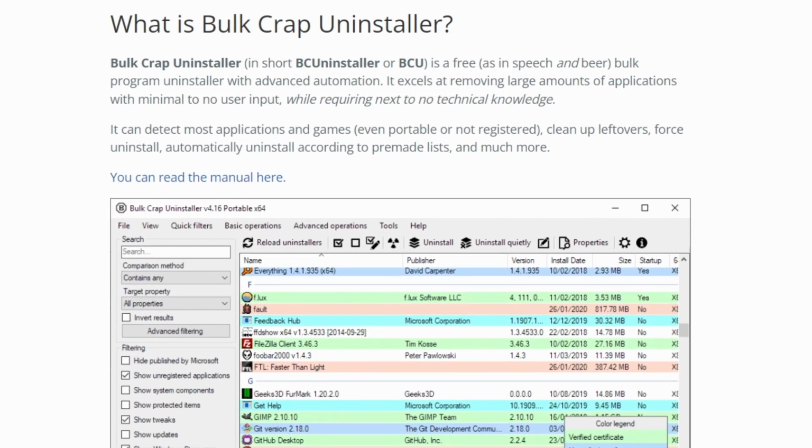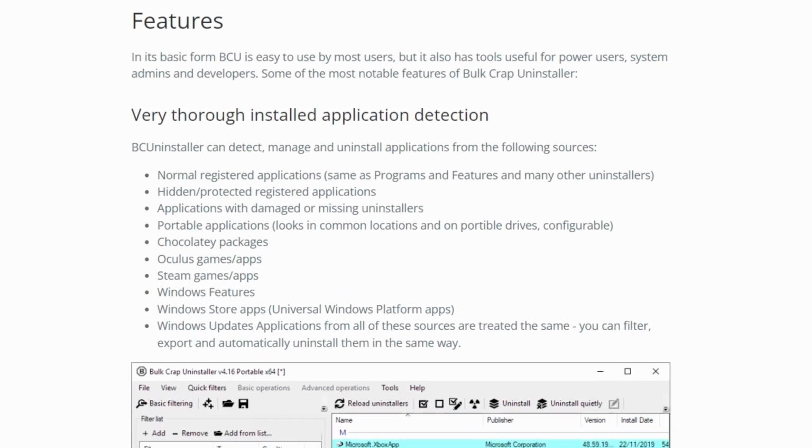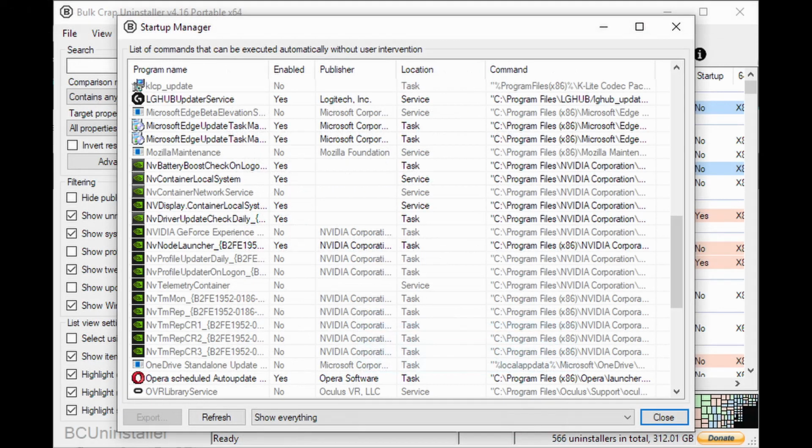This is a free bulk program uninstaller with advanced automation, removing not only programs but also Microsoft Store applications, games installed via third-party software like Steam, and even applications where the uninstaller is either damaged or missing completely. It comes with additional useful features like a startup manager and leftover detection, but today I focus on uninstalling programs